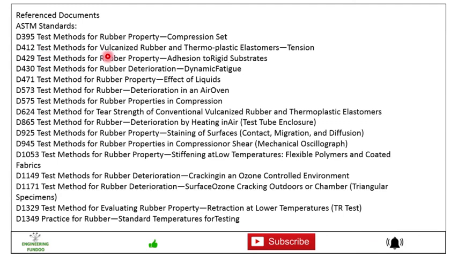D412 is the test method for vulcanized rubber and thermoplastic elastomers for tension requirement, D429 is the test method for rubber property adhesion to rigid substrates, and D430 is the test method for rubber deterioration by dynamic fatigue. So similarly there are different requirements mentioned in the ASTM standards,